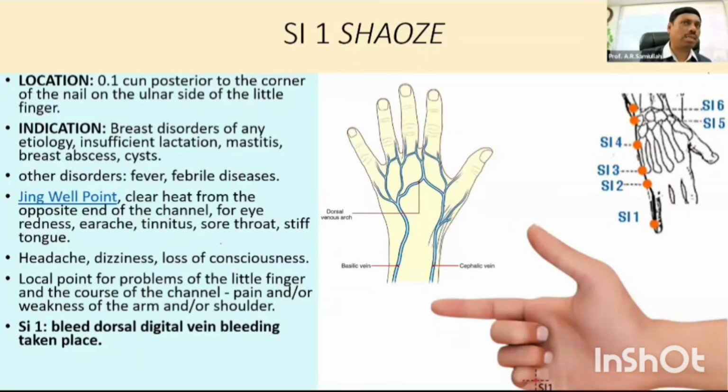Then further, febrile conditions can also be treated. Remember, the problem is pyrexia. Pyrexia is the febrile condition known as fever, commonly we say. But that fever is there. What could be the reason in general? There is the small intestine. Excessive small intestine fire is the reason that causes the temperature elevation. No doubt the triple warmer is also another reason, but majorly when the small intestine needs to drain out the fire which is existing, the fever also gets controlled. That's the reason SI1 point bleeding is going to help to control and regulate the temperature as well.